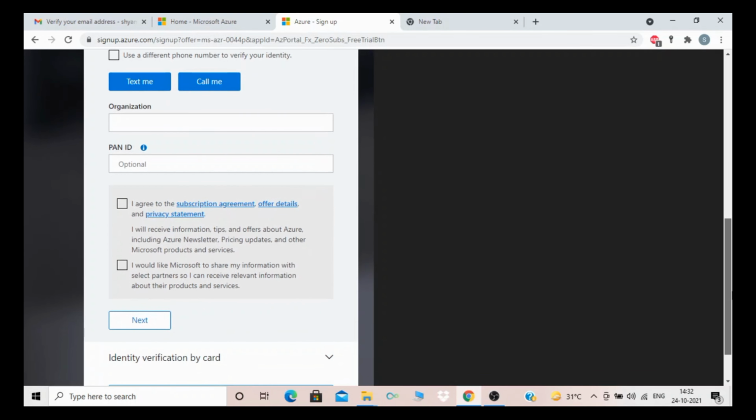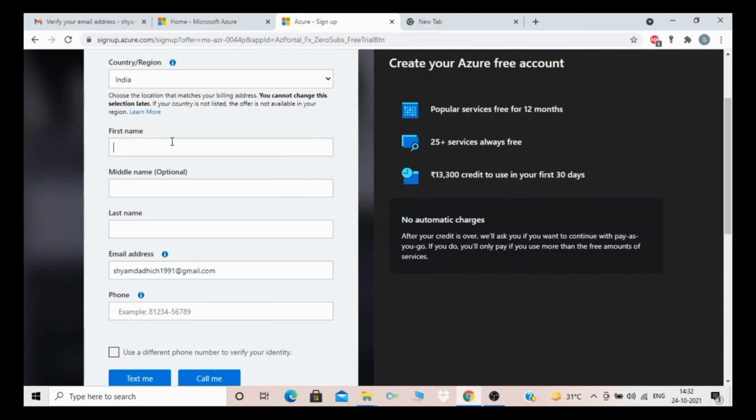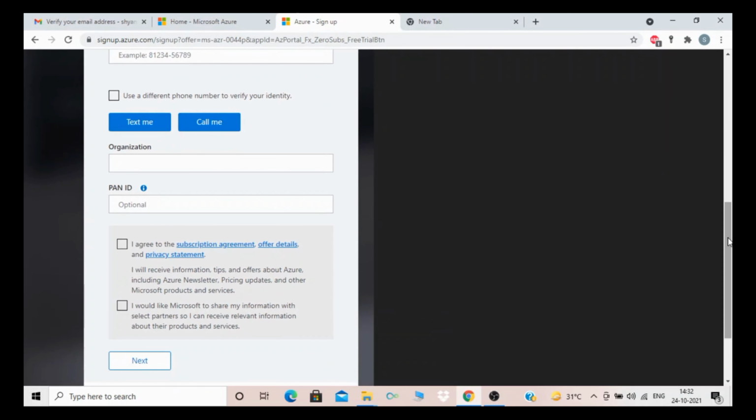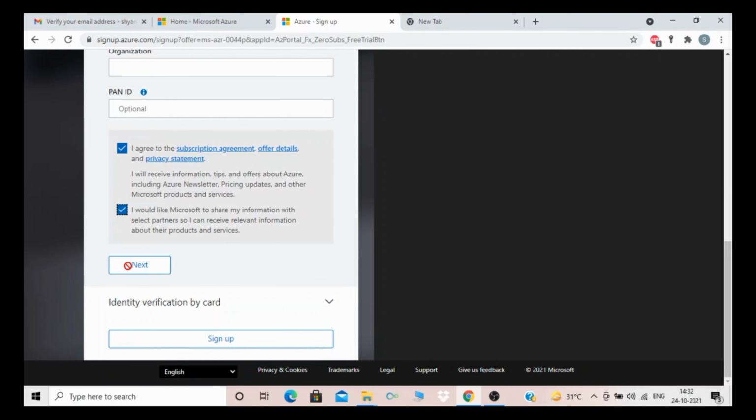As I am putting, I did not put my mobile number, because it's for safety purposes. After that, I agree, click on that, and just press next.